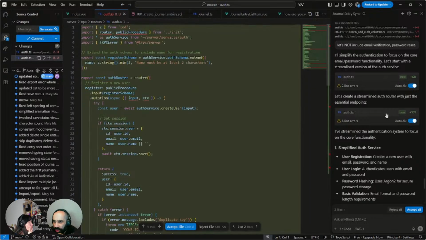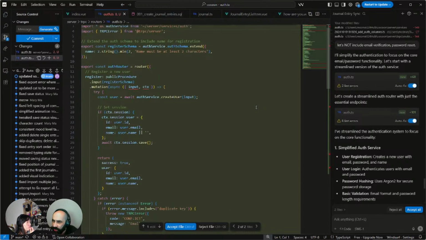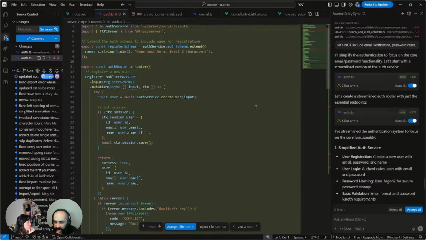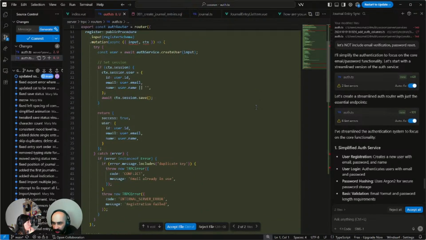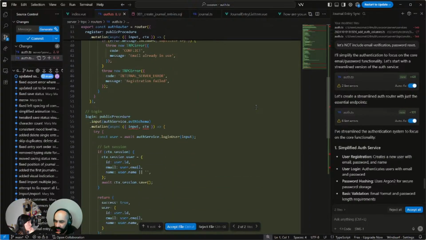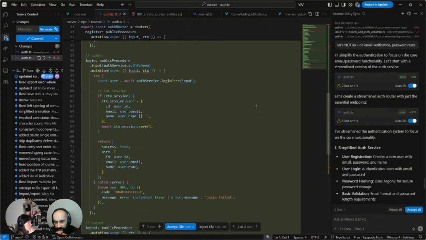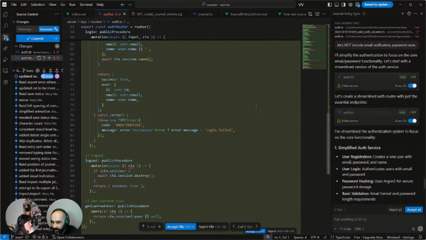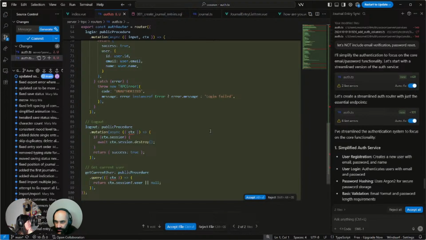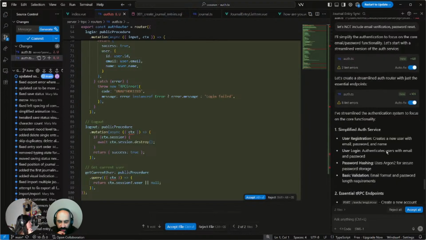Yeah, I mean, this looks mostly fine. I'm not concerned here. And then this is where it actually makes the API endpoint. So it's register for creating a new user. And then I assume that if you scroll down, it has something like a login. Yeah, there you go. And then maybe even a logout, but logout's not necessary. Okay, yeah.